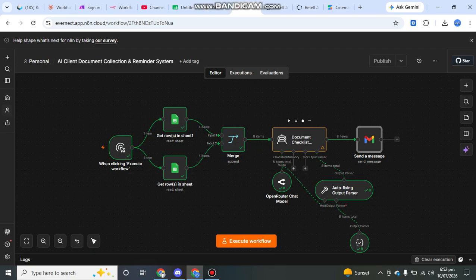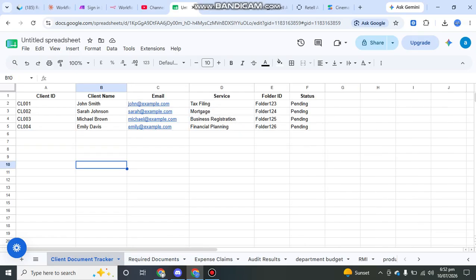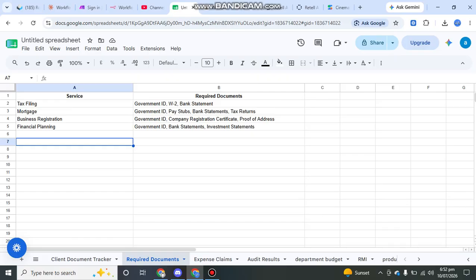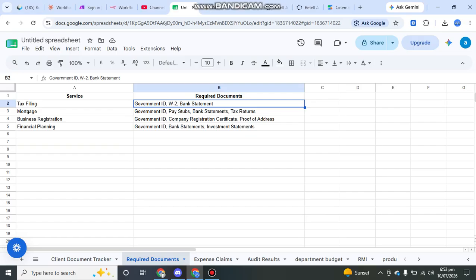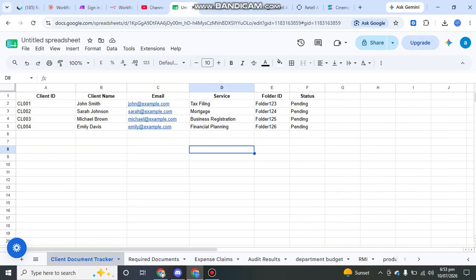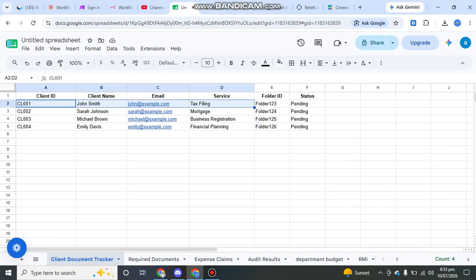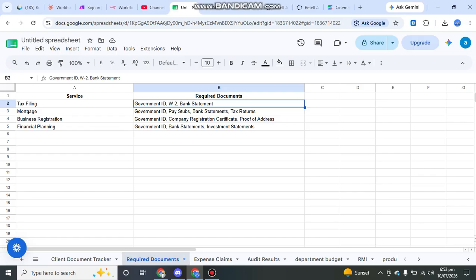So whenever a new client is added to our Google Sheet, let's say, so we have the client document tracker, the workflow retrieves the client information, including their email address. We also have a second sheet that contains the list of required documents. For example, for tax filing, we require government ID, W-2, and bank statement. So if this person is for a tax filing service, then it uses the required documents to send the email